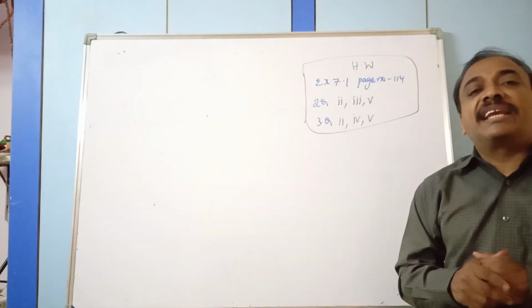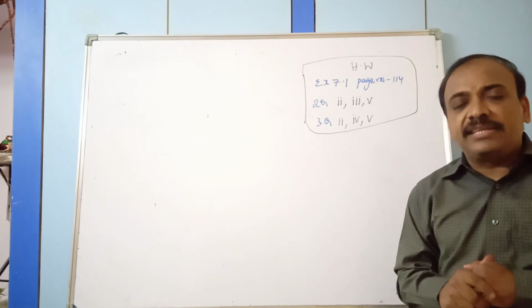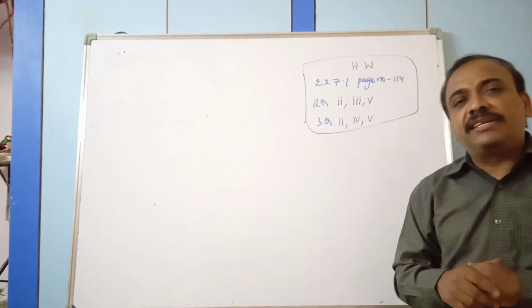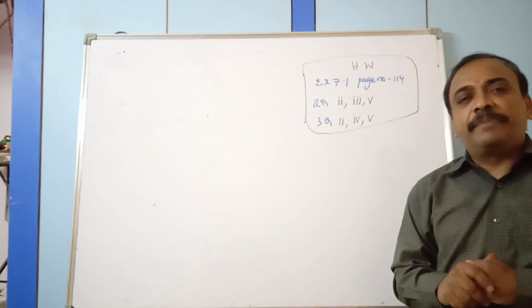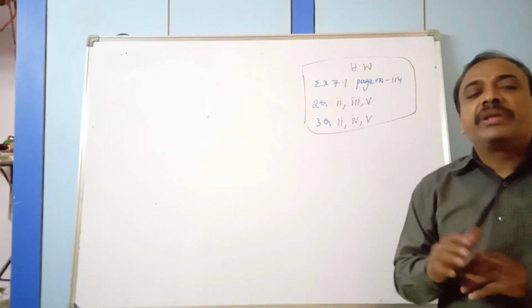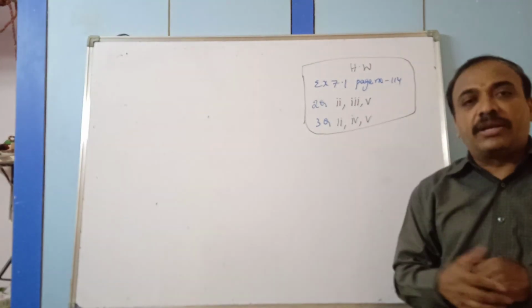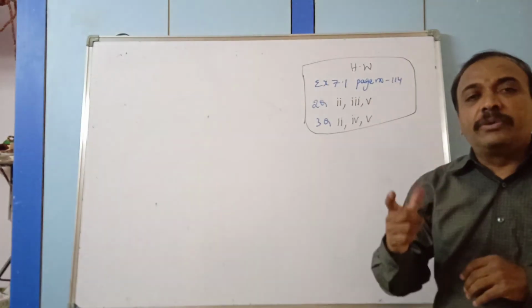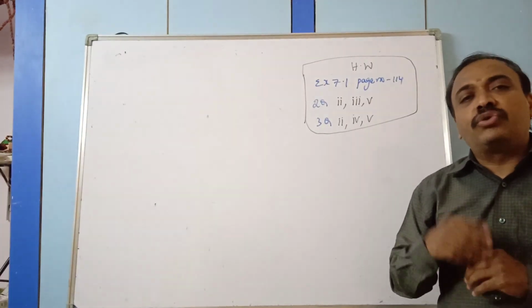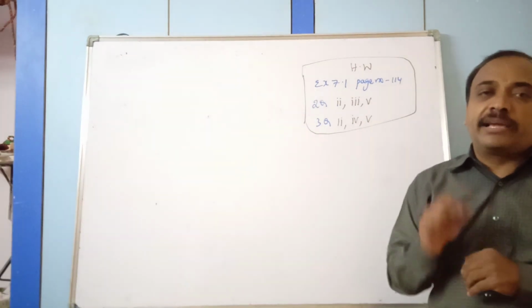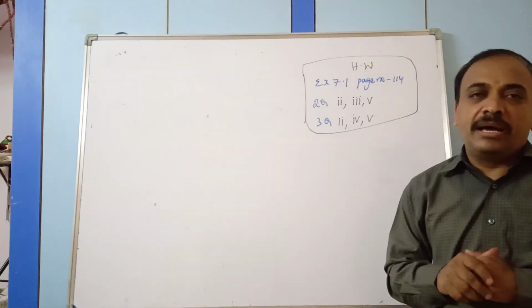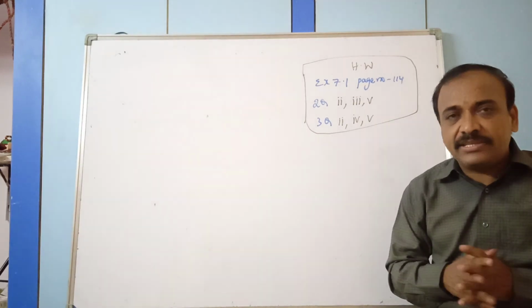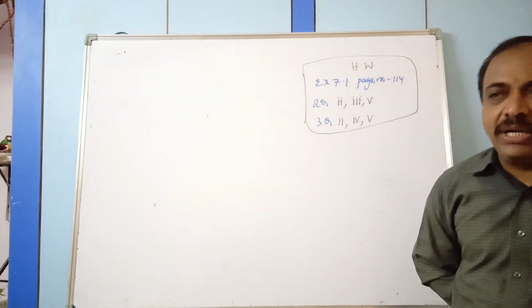As we learned in the squares and square roots chapter, in that we discussed squares and square roots. Similarly here also, we see cubes, and now cube root, how to obtain a cube root for the given number, that we will be discussing in the next session. I hope you understood. Thank you.